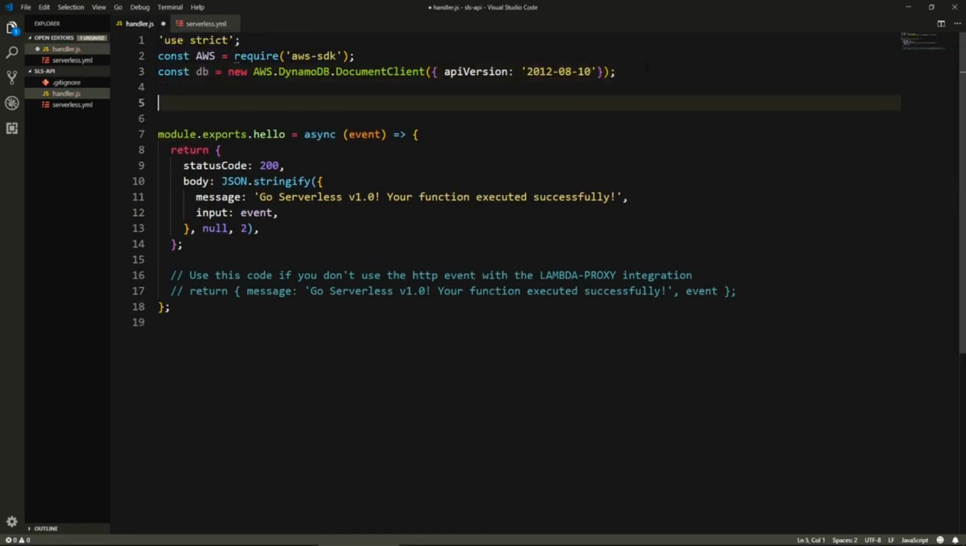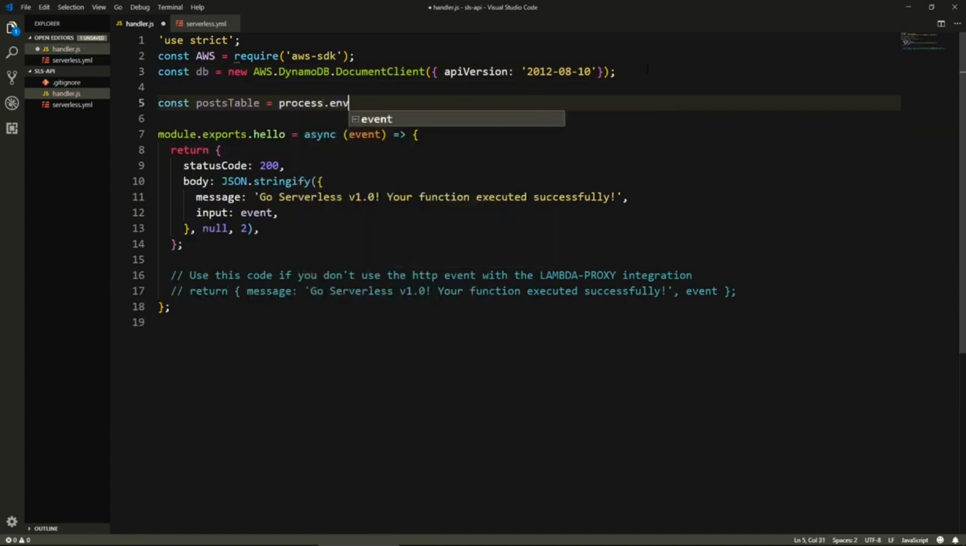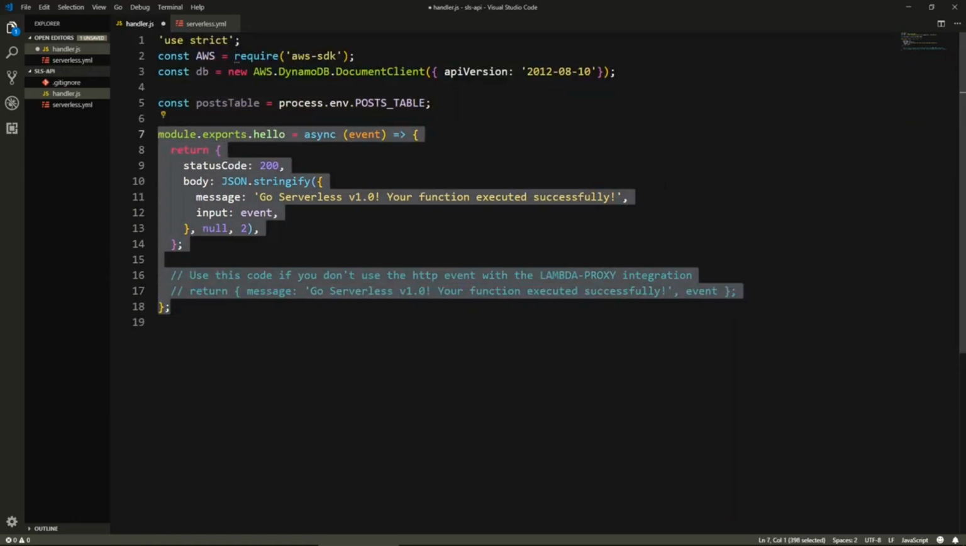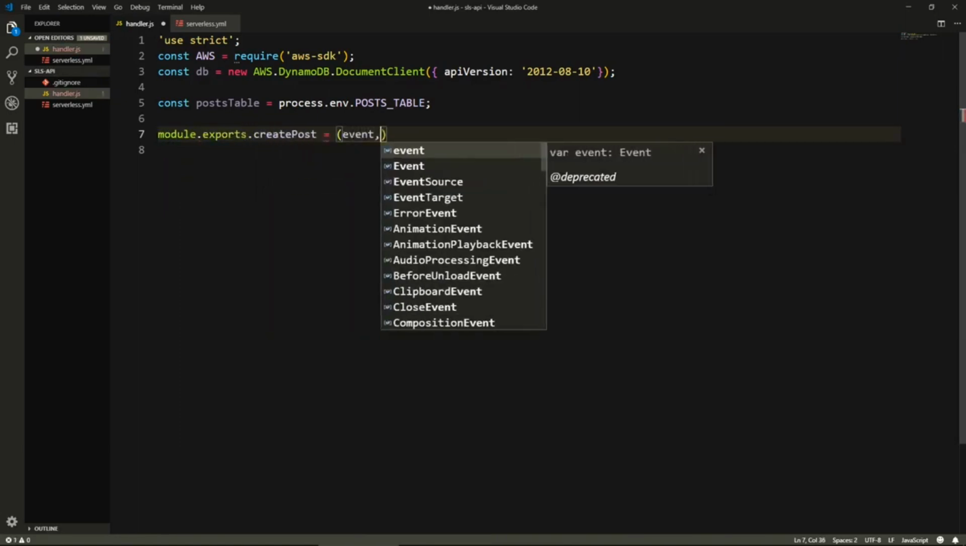And we need to get a reference for our post table from the environment variable. So I'll say const post table equals process.env.POSTS_TABLE, like this. All right, so here actually we don't need this hello function. We can delete it. We can say module.exports.createPost equals, it's going to take an event,